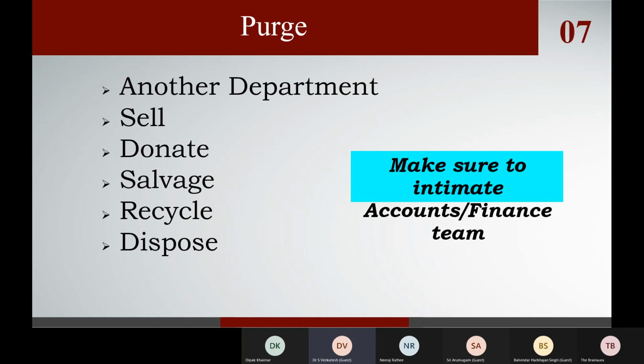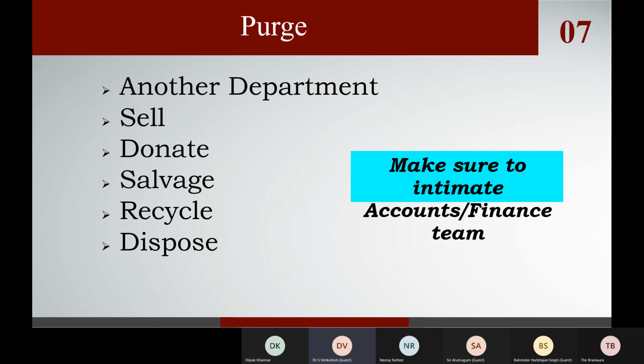It could be moved to some other department who may be requiring it. That's one option. Some other team, some department, or we could sell it or donate it. We could salvage some parts of it, that's another possibility, or recycle them.